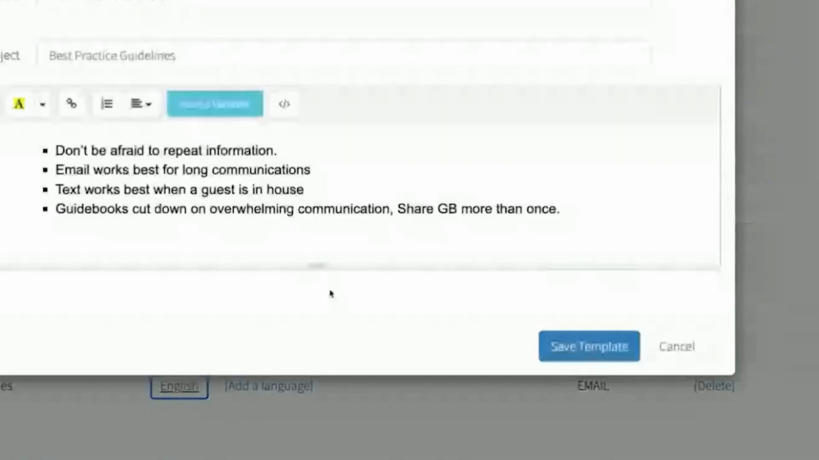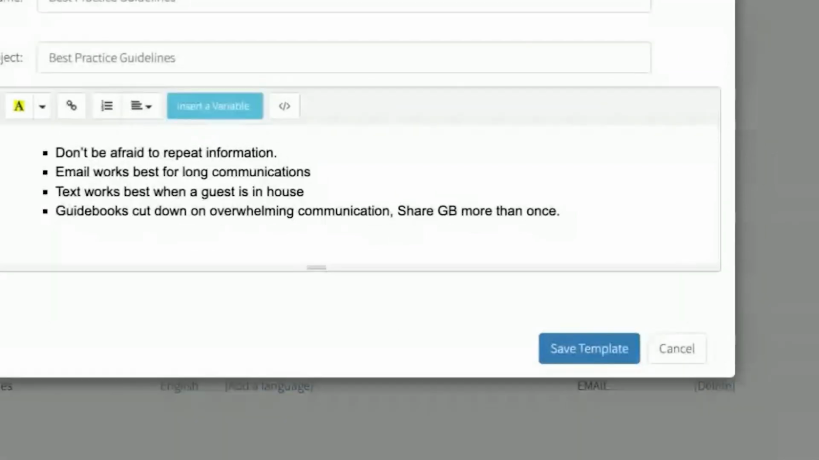One, don't be afraid to repeat information. This kind of goes for all adult learners and all of us that are trying to retain information. And so sometimes when we talk to customers, they're like, well, I told the guest that once in this one email. If it's important information, if it's something that people seem to miss or misunderstand, don't be afraid to repeat